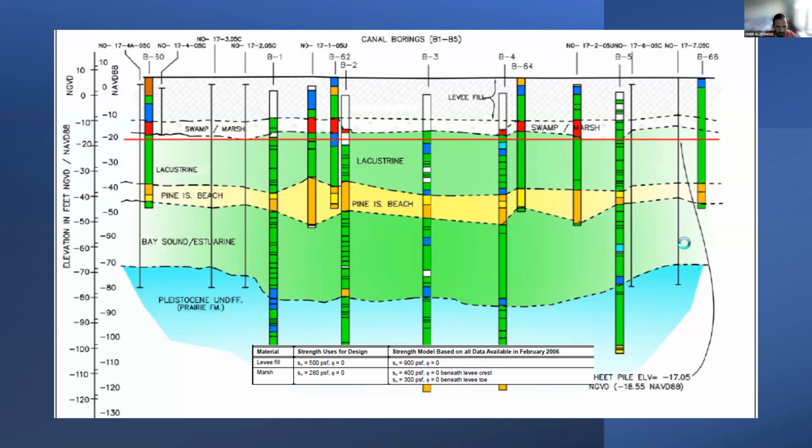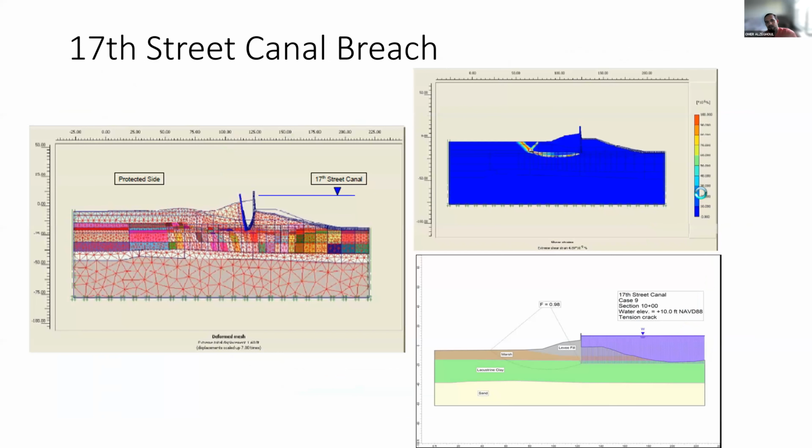The maximum in this reach that failed is 900 PSF. Can you go to the next slide? Based on the analysis and the study, this failure happened because when we had the high level event, the water pushed the I-wall. The levee is first built on marsh or swamp soil, and below that is a clay layer. So when the water started to push the I-wall,